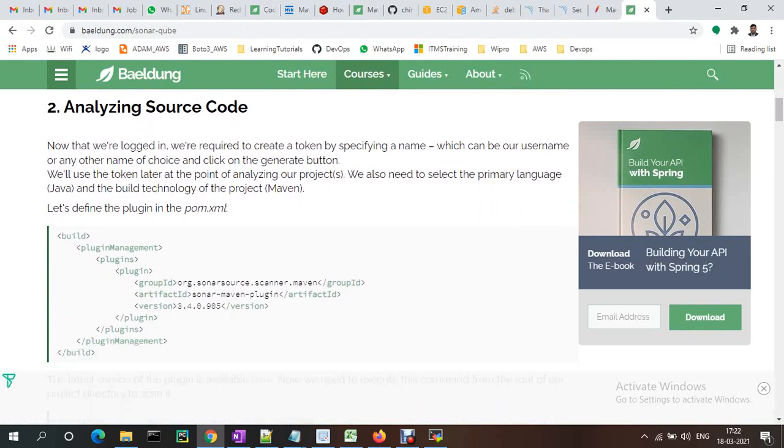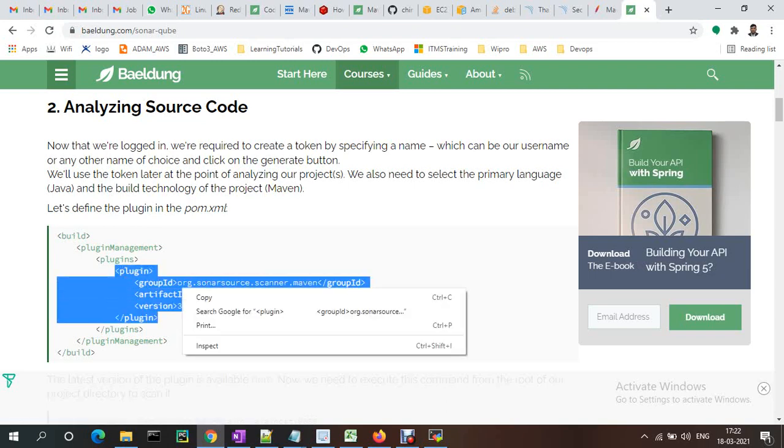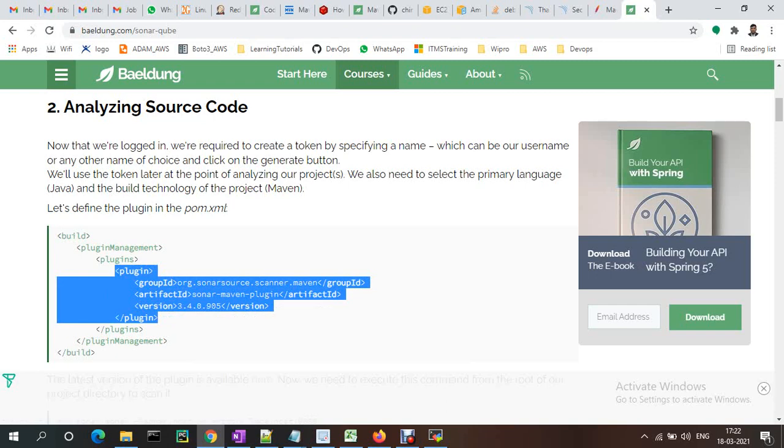Okay, under the build section. I already have the plugin, so I'm using only this plugin, the Sonar Maven plugin. We need to update this plugin in the pom file.